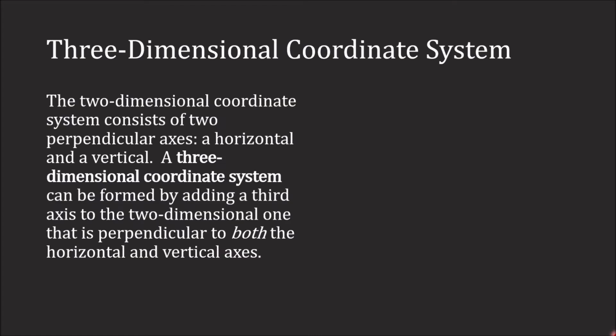We continue our study of vectors by moving into space. That is, we will now look at three-dimensional coordinates. So the two-dimensional coordinate system, recall, consists of two perpendicular axes, a horizontal and a vertical. A three-dimensional coordinate system can be formed by adding a third axis to the two-dimensional system that is perpendicular to both the horizontal and vertical axes,